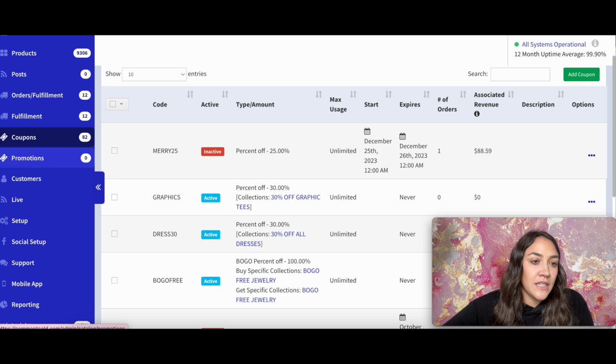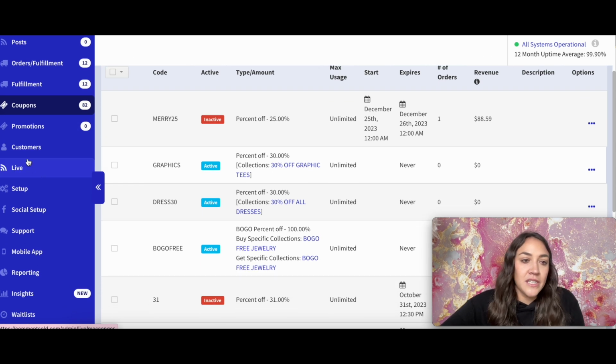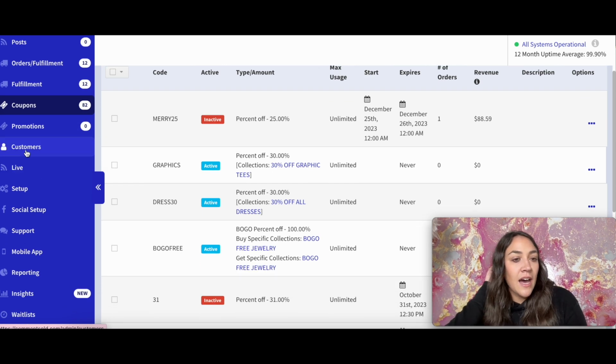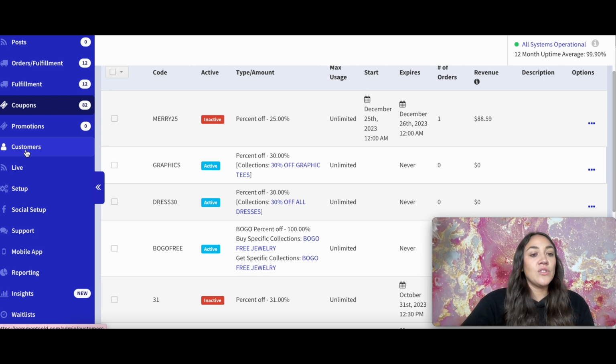I honestly don't use that. You could see customers here. I will go into this now. Another thing that wasn't working well was if